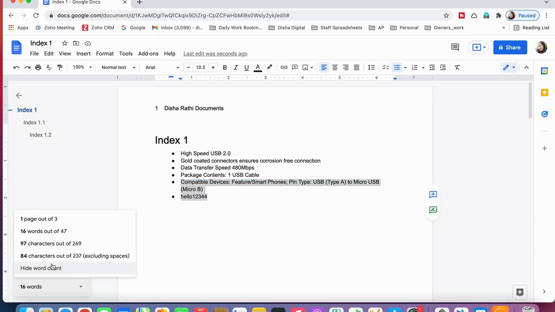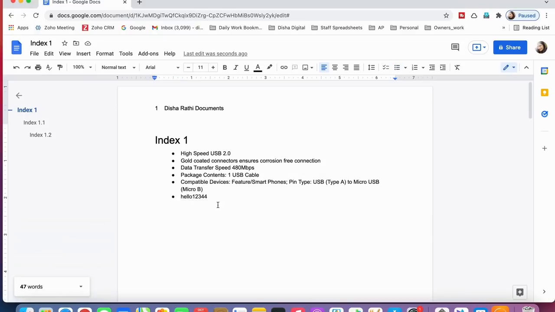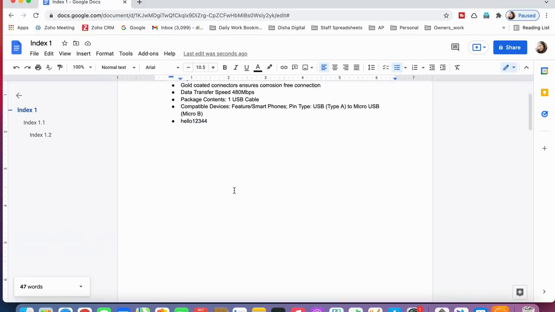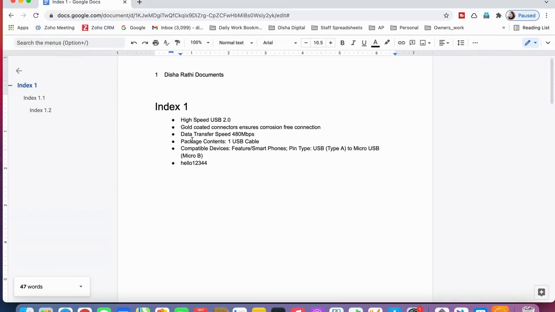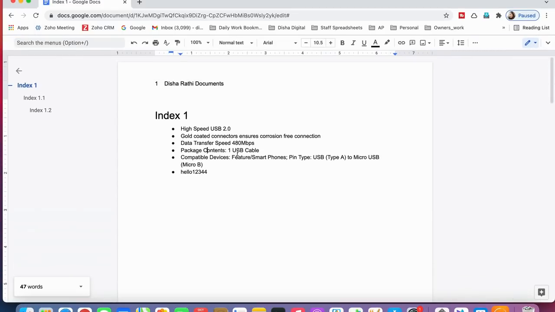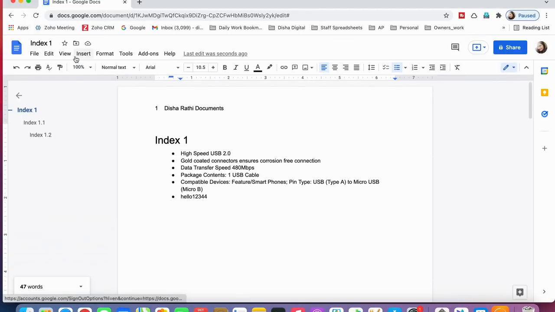This is an amazing feature of Google Docs, what I really like, and I will personally recommend you to use this one. If you don't want this, you just click here and hide it. If you want all the tabs visible, you can see them here.